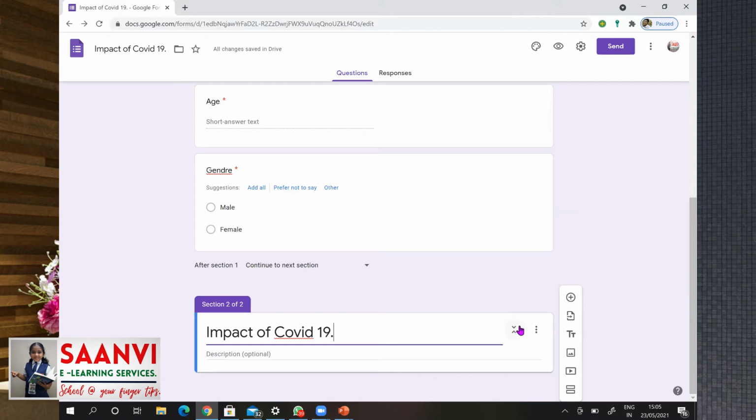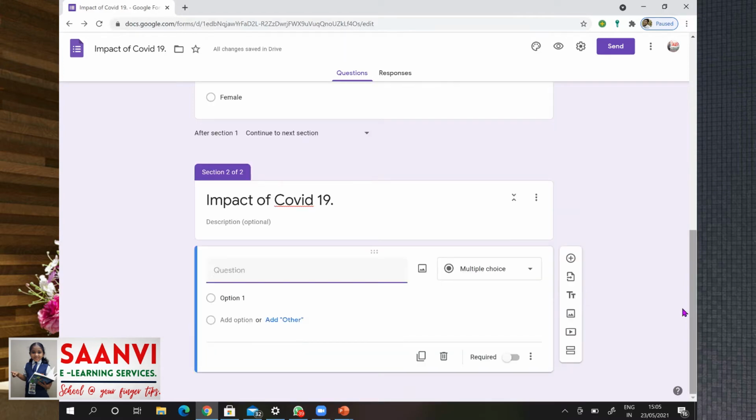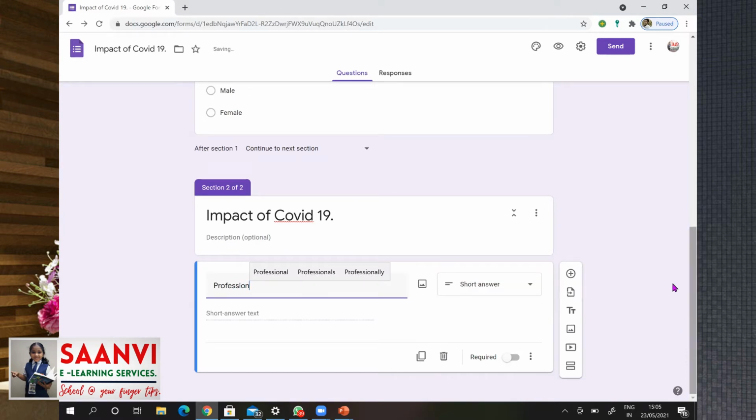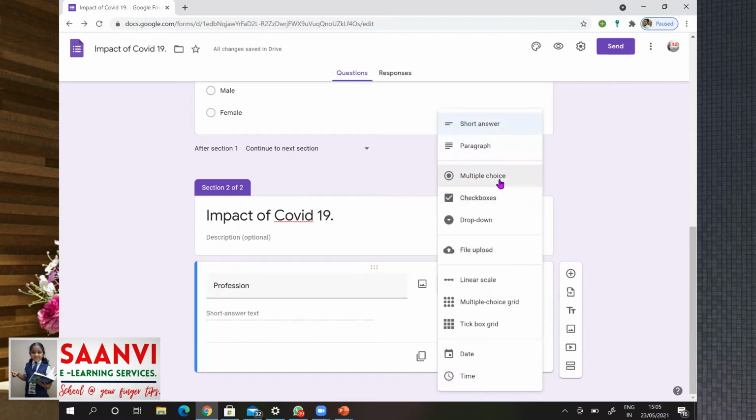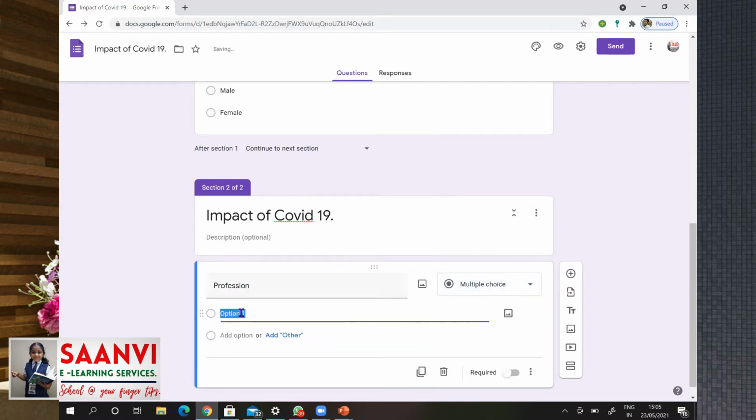As discussed before, we can add a field by clicking on plus. Here let us know from which profession they are. To be more specific, let us make it multiple choice and give some options like government employee.